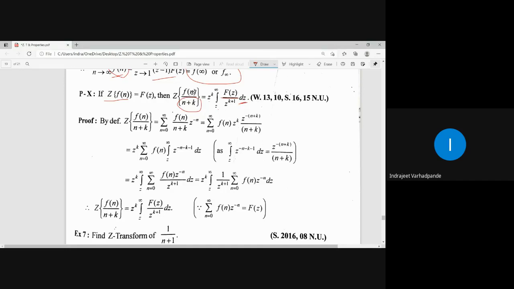See, f of n plus k is the shifting property to the left. F of n upon n plus k is different property. Division by n property में it is f of n upon n. So kindly do not get confused between these three. Division by n में आपने देखा होगा f of n upon n also we try to find out or introduce the integral sign from z to infinity. यहाँ पर भी आपको integral sign दिख रहा है तो वैसा ही अपने को calculation करना है आगे.